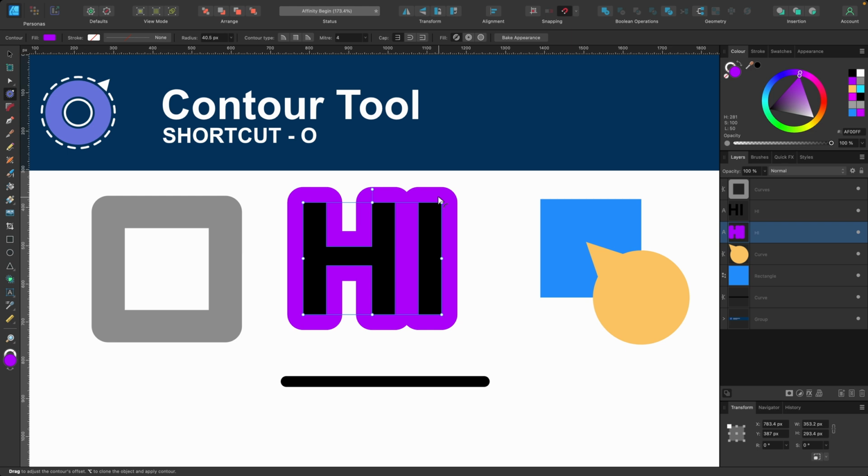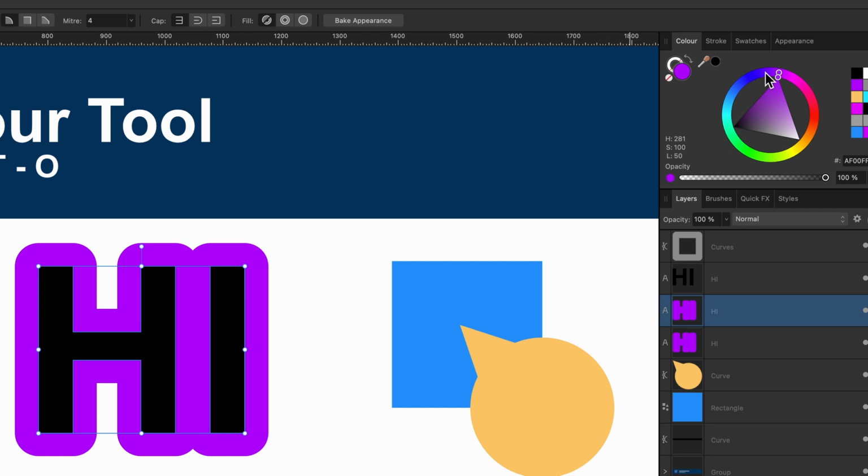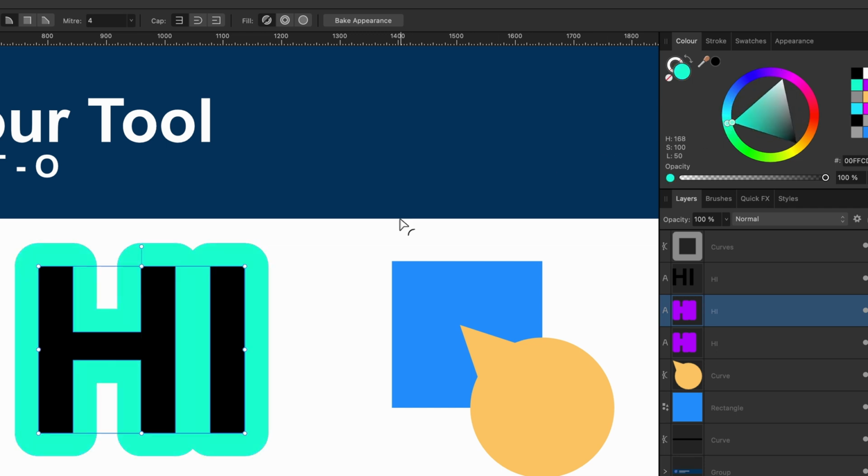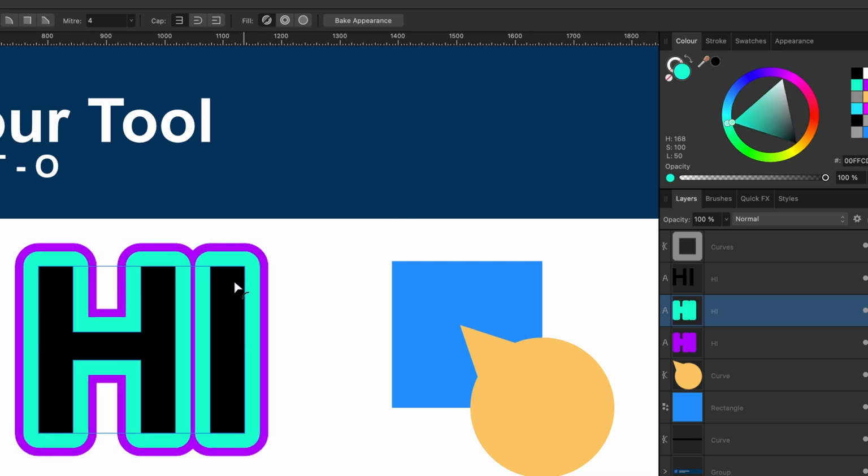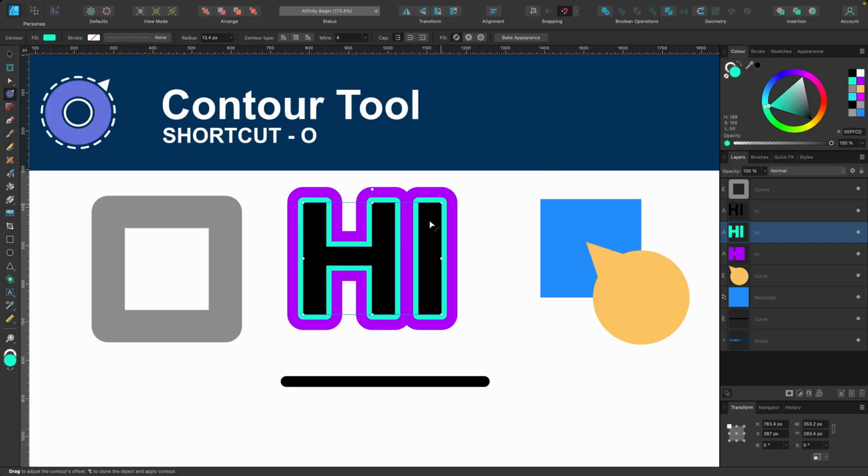So I've done one. Let's make another copy of this one. So I can press Command C, Command V this time. And let's change the color again. So I'll just choose this color, I guess. And we can click and drag down, and you can see what it does. Get creative with this one. Okay, moving on to the next example.